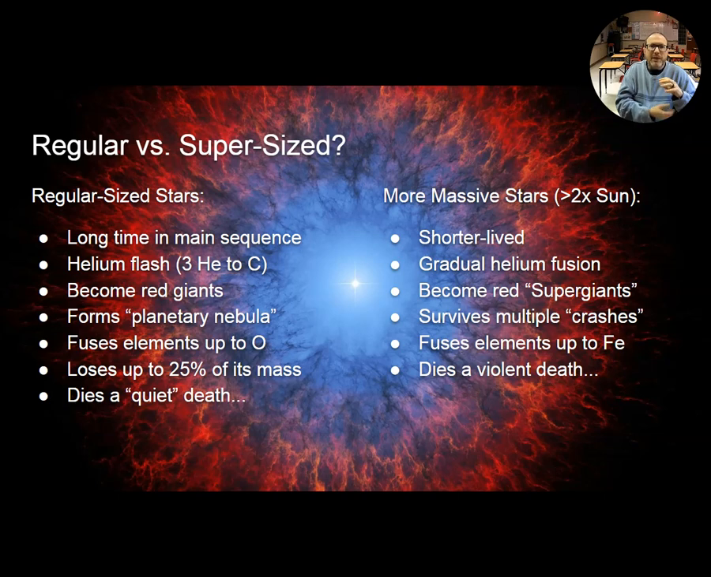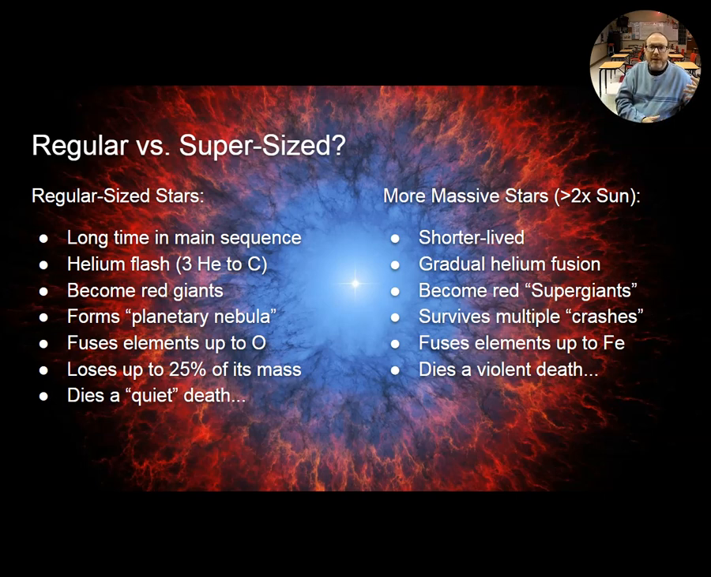Now with them, they don't really have a big crash event that starts their helium fusion, because there's plenty of matter and plenty of pressure and gravity, and that enables it to begin fusing helium even while hydrogen is still being fused further out. What happens with these more massive stars, which swell and become red supergiants,